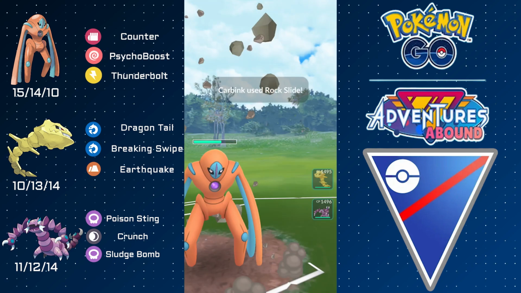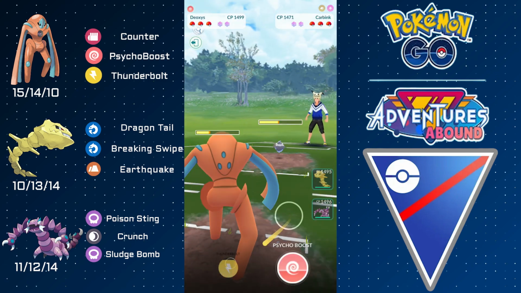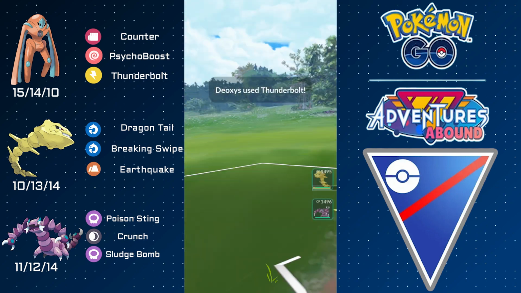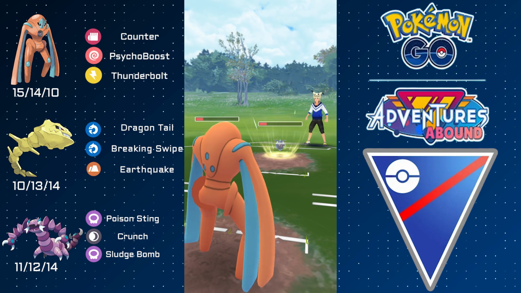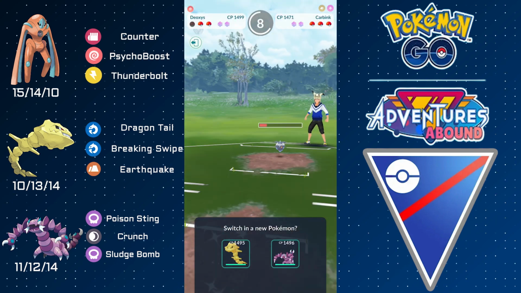So Rock Slide is gonna come through from the Carbink, and it is something which is not threatening until you want to get the switch back from the opponent. Like, you want to maintain a healthy alignment, because Carbink here is not really threatening me. In this situation, I'm going to let the Rock Slide go through, and I'm going to let my Defense Forme Deoxys, and